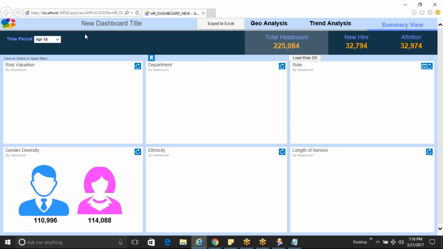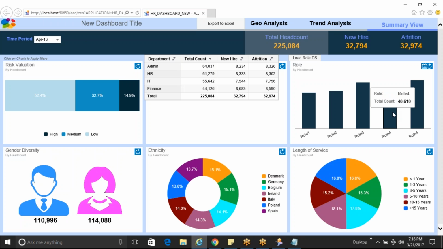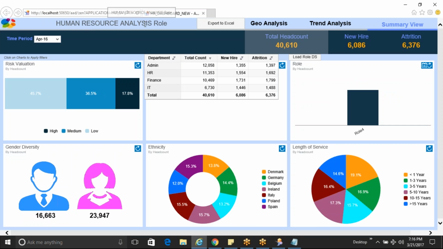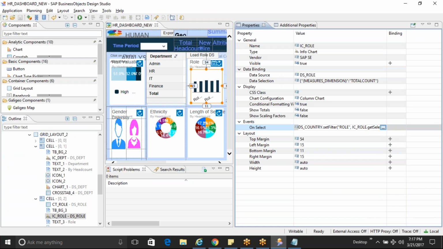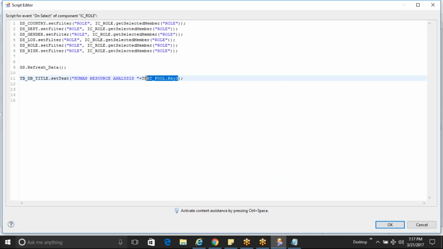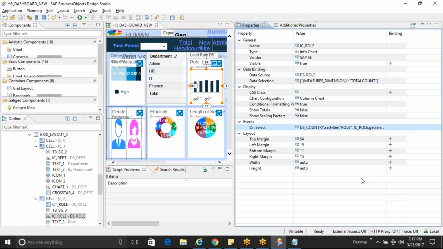Okay, so what we did is, see, new dashboard title. If you click on role, it will change the title. Human resource analysis, then role. So the text pool 3 key is coming from the text pool now. The value is coming from the text pool. And we are passing the same value in text. And this we are converting to the specific language through our translation management tool, right? Correct. Through translation management tool, or if you are on NetViewer through SE63 area, there you can translate it